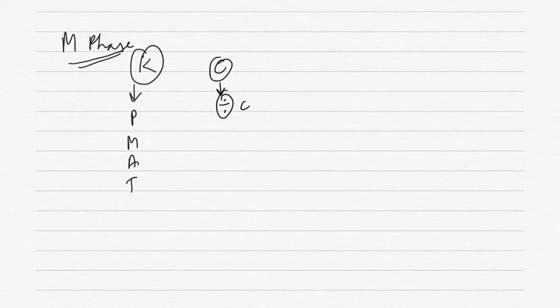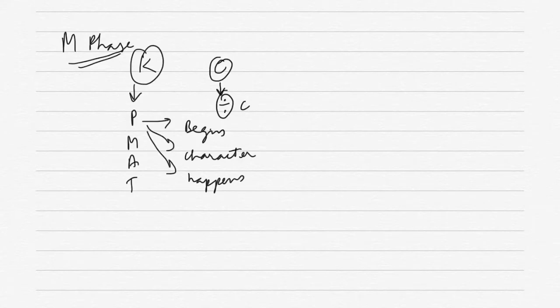We already have read about all these phases in the lower classes. So what we have to focus on is what is the beginning of each phase, what is the characteristic feature that is seen in this phase, and then what happens. Under these three headings we shall be studying all these four phases.